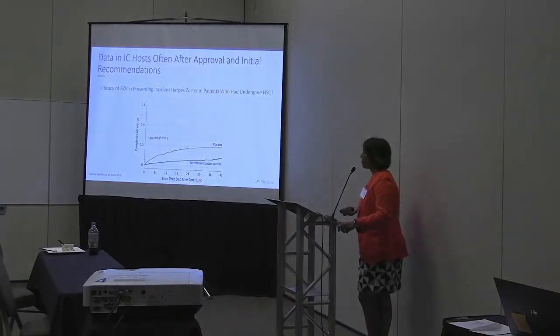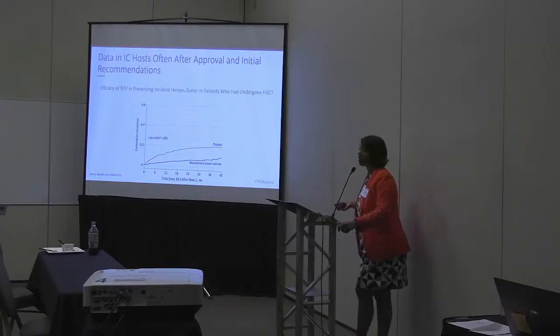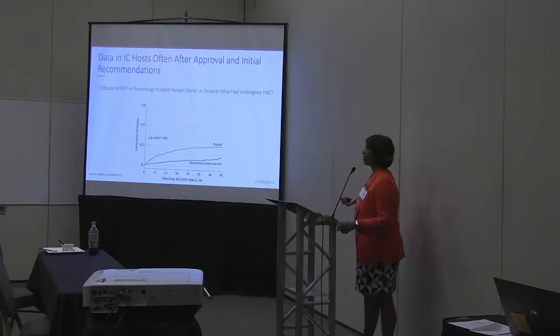But now we have data, years later, that look at its efficacy and safety in immunocompromised individuals. So this was a very large study with thousands of individuals who had undergone a stem cell transplant, looking at incident herpes zoster infections in patients who received the recombinant vaccine versus placebo. And you can see here the cumulative incidence, that graph, the line for the people who got recombinant zoster vaccine was much lower than placebo. So it worked, and it was safe. There was not a harm signal in this vaccine for patients who had undergone transplant, who are on heavy immunosuppression.